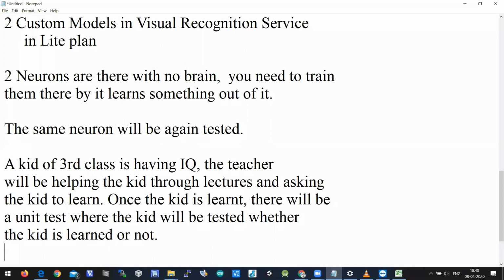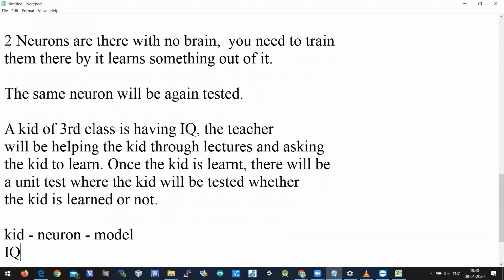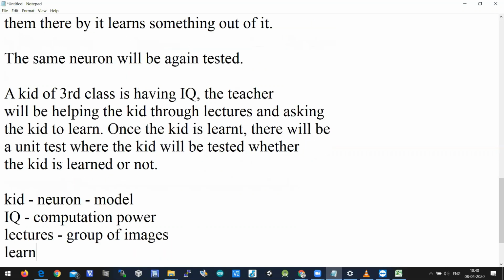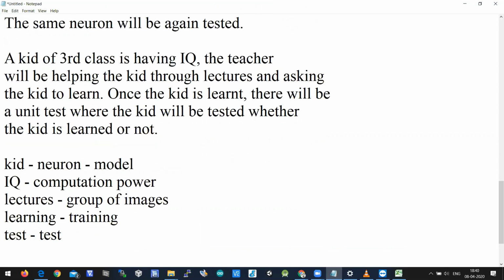So here, when you replace kid with neuron, the neuron with a model, IQ as computation power, lectures with a group of images, learning with training, and test is also a test here.